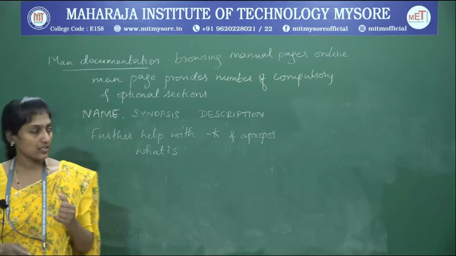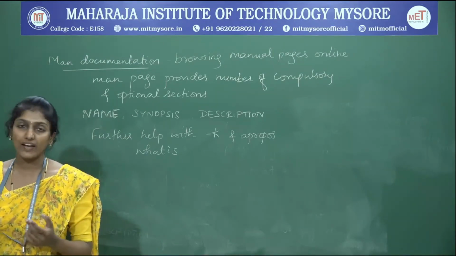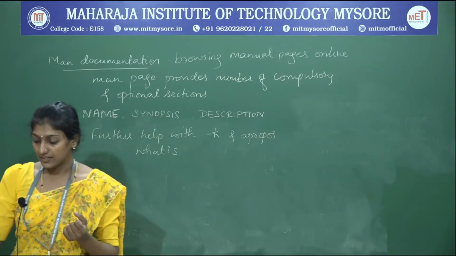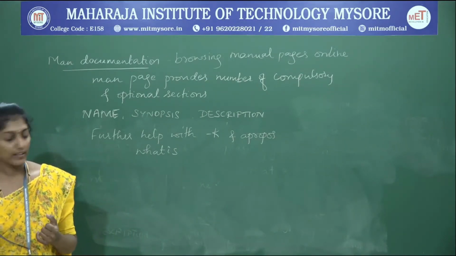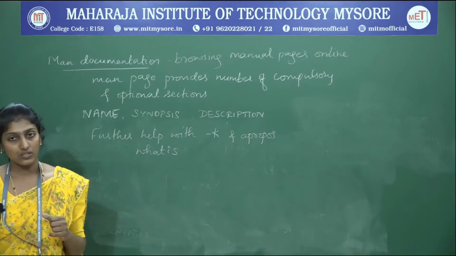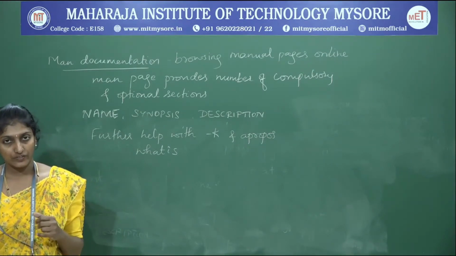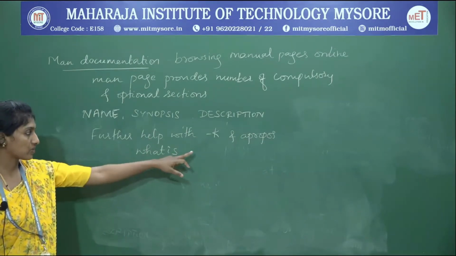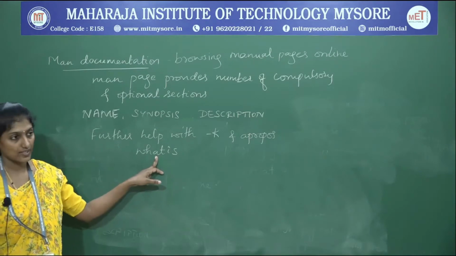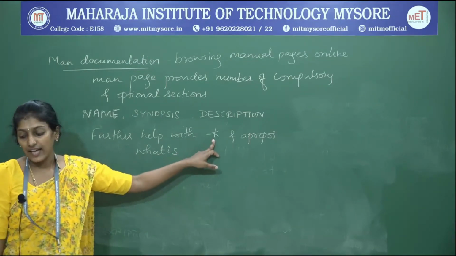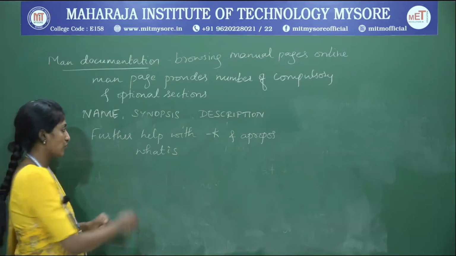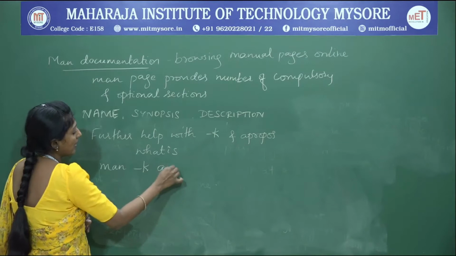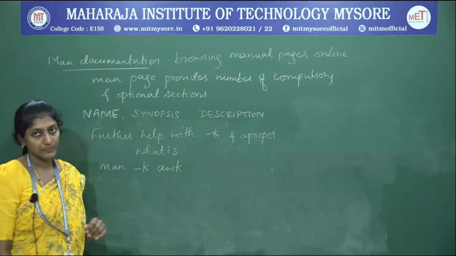So here in Unix we have a standard, that is the POSIX standard. This POSIX standard specification requires man to support only one option at a time for the execution of any command. Most Unix systems also offer this apropos command, as well as one more, the whatis command. So what is this -k command basically used for? man -k awk file.